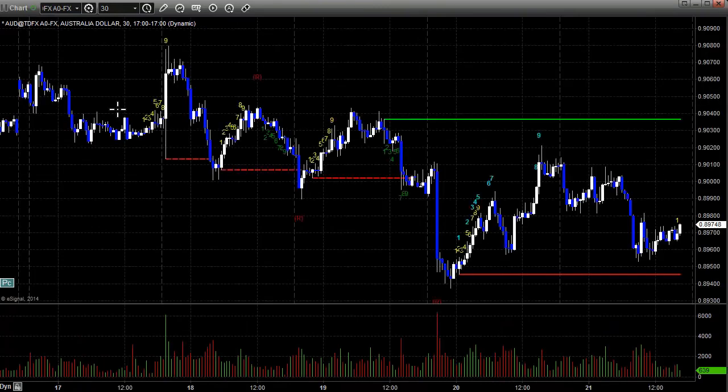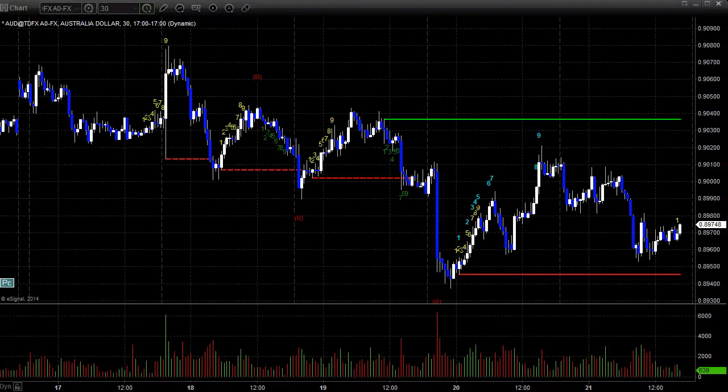At least that's better than the euro. Here's the Aussie, trapped in about a 120 pip range for the session. So nothing new to report in terms of activity there, but let's take a look at